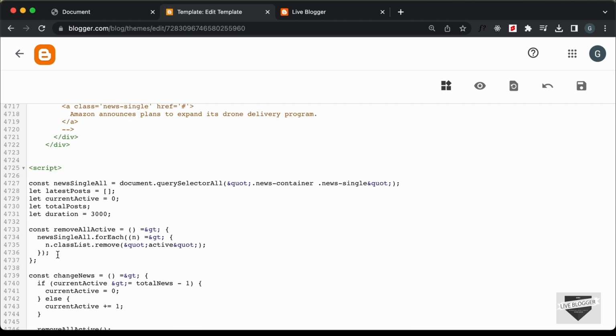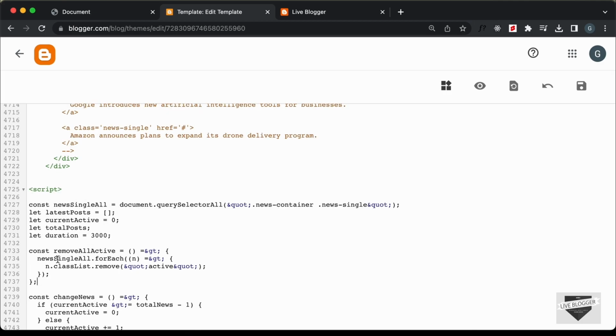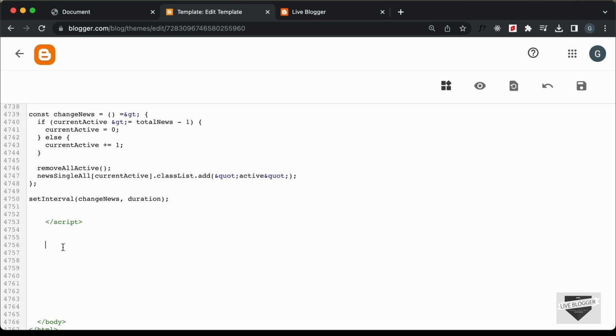Now we need to make some more changes in the JavaScript, but before that, let's go ahead and write the script to get all the posts of our Blogger website. So for that, let's scroll down, and you need to create a script tag for that. So I'll just type script, and here in the src we need to add a URL. So I'll just close the script tag over here. Now in this src you have to type /feeds